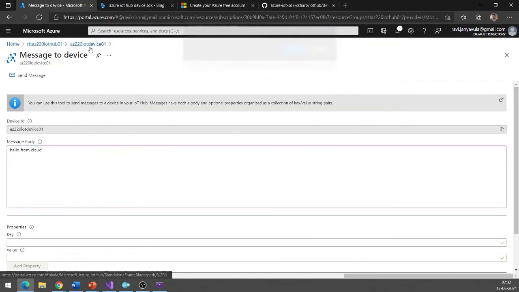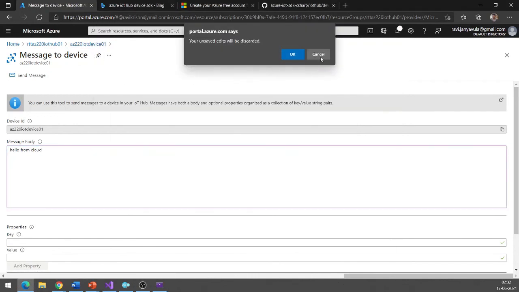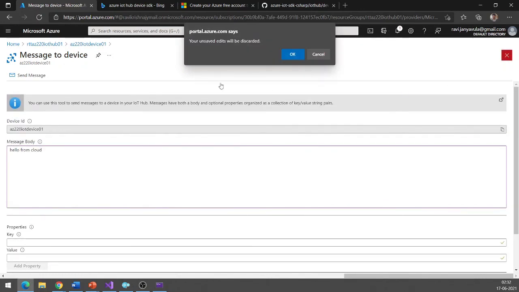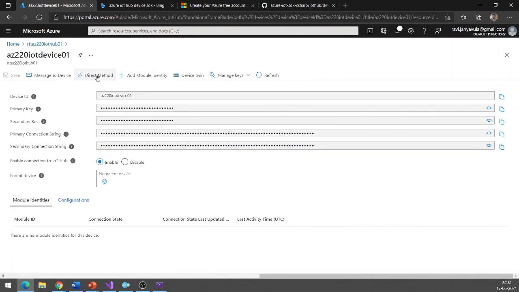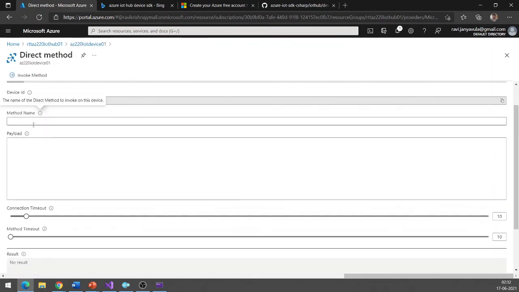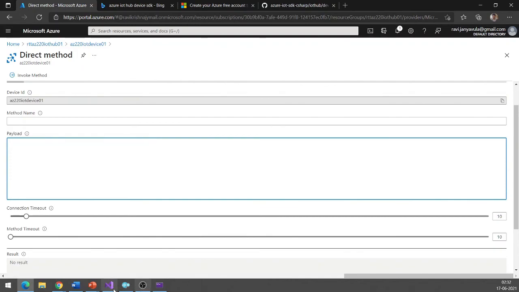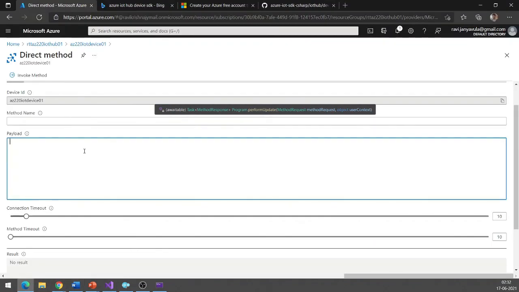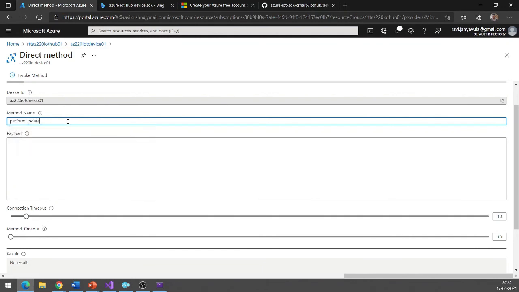Similarly, let me go back to direct method. Here you can see that I have previously created a direct method, perform update. I'm copying the direct method name and pasting it here.